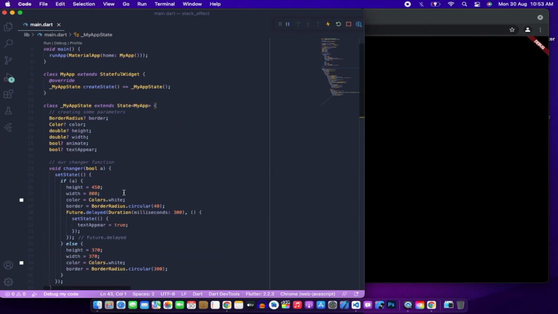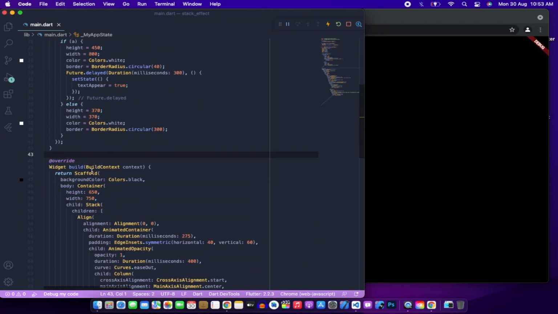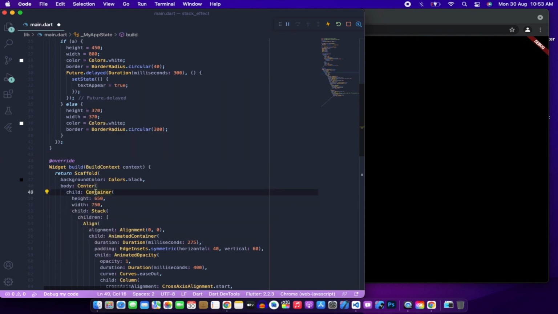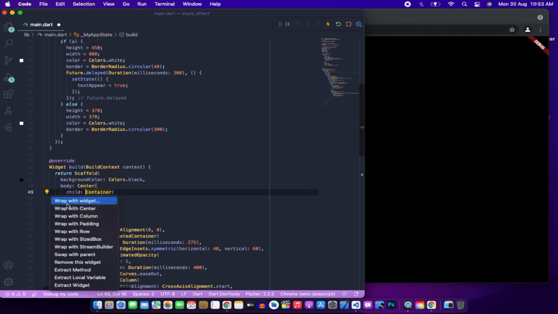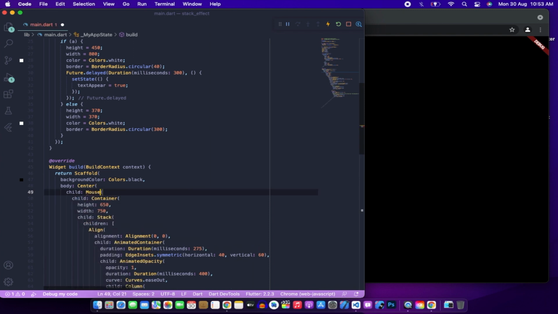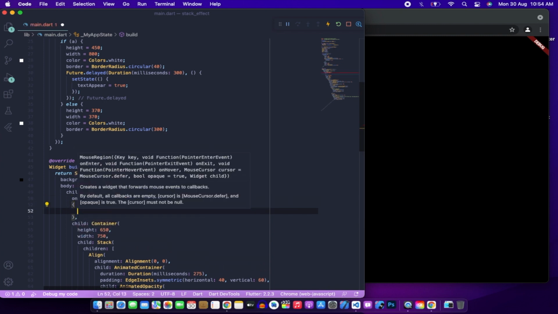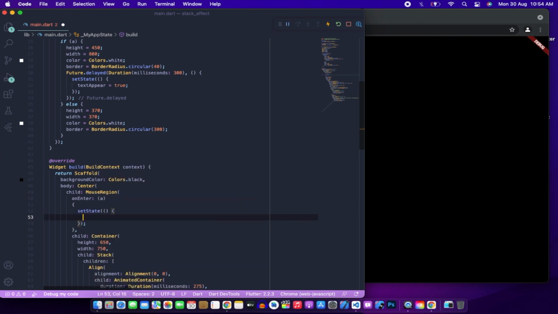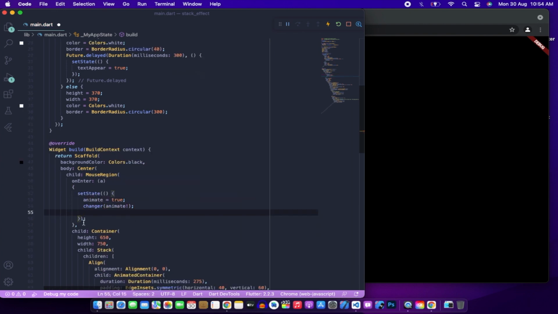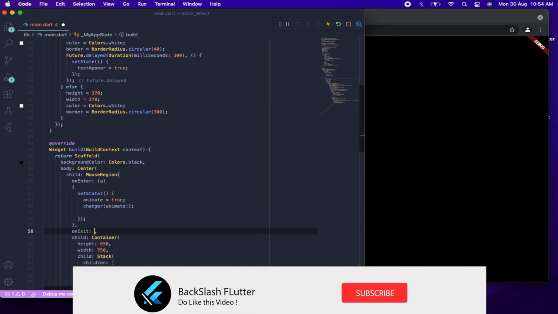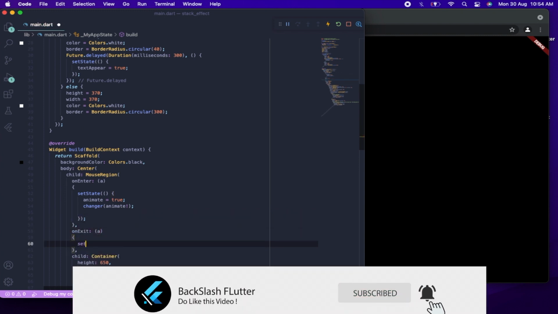Now the main thing that we need to design is mouse action function. That means when it enters the area of our widget, we need to make an animation to happen, and when it exits, we need to exit the animation. So let's go to our scaffold and make these changes there. Now when our mouse enters the region, we will do this function and we will set these values. And also when we remove the mouse from that region, then this function would be executed.